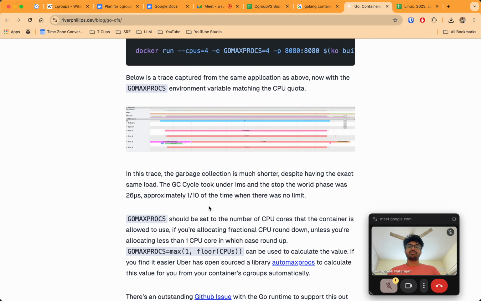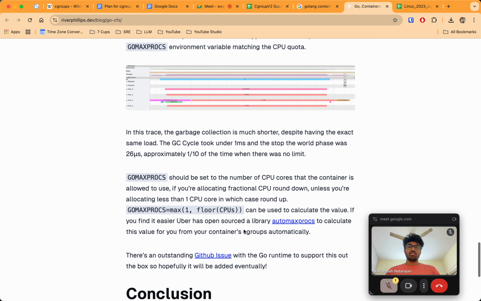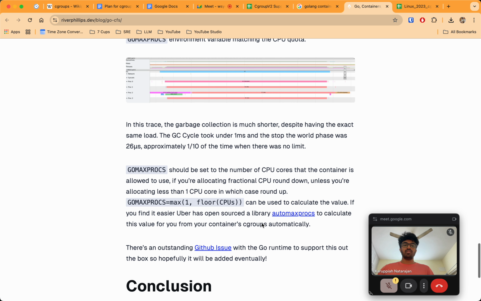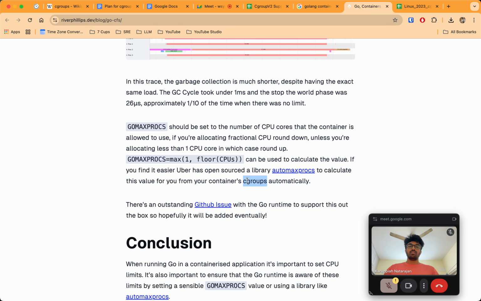Okay. It should be set to the number of CPU cores that the container is allowed to use. If you are allocating fractional CPU, round down, unless you are allocating less than 1 CPU core, in which case round up. So let me just calculate. If you find it easier, Google has an open source library to calculate this value for you from your container cgroups automatically. Interesting. So they are finding out the control groups.